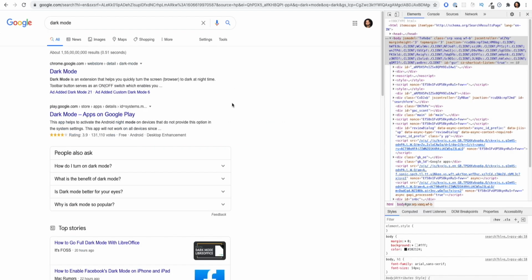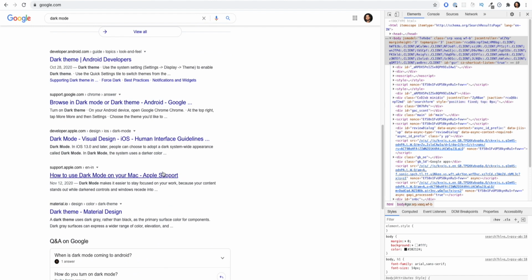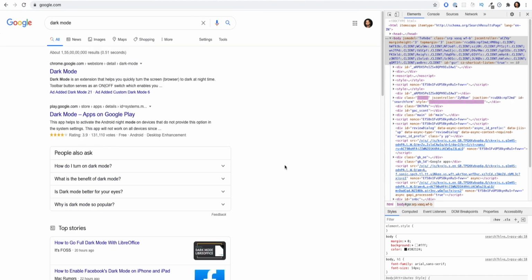But now let's go to, let's say, Google, for example. So I've picked out Google because I think it's one of the most used websites and it doesn't have a dark mode yet, or I don't know of. If it does, let me know. But yeah, so if you look at Google and if you're using it at night, it really hurts my eyes. So I would rather do it in dark mode, right?